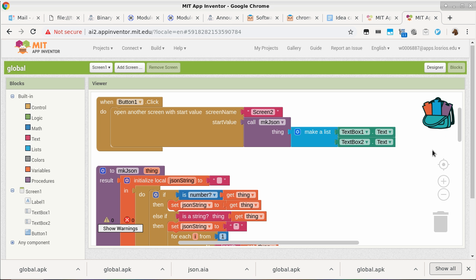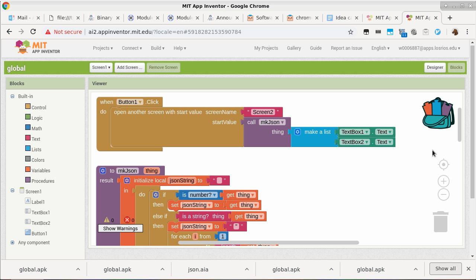Okay, I hate to say that word. It's a non-blocking block because what it means is it doesn't stop. It doesn't pause. It just opens another screen with a start value, and then it says, I'm done. Okay, so when screen 2 is really done with a result and says, I'm done, I'm passing this result back to whatever started me in the first place, how do we catch that ball? That generates another event. Yes?